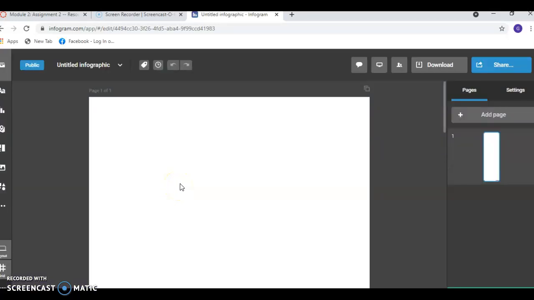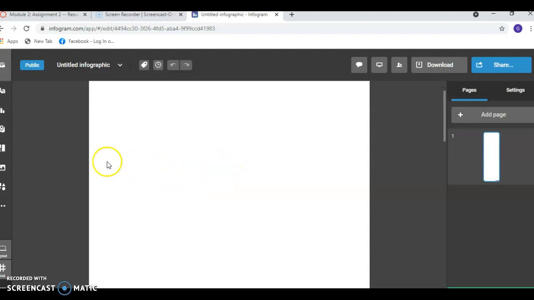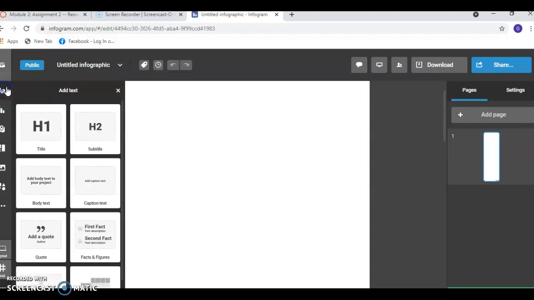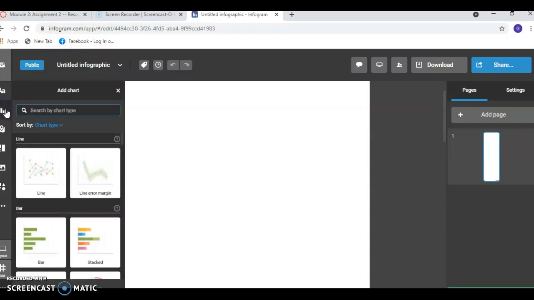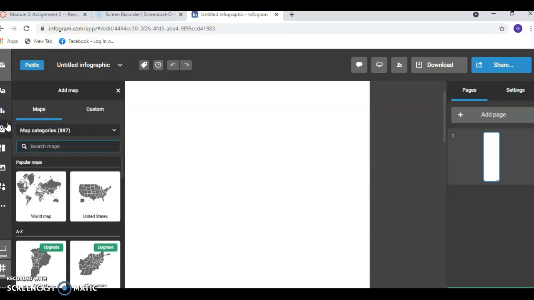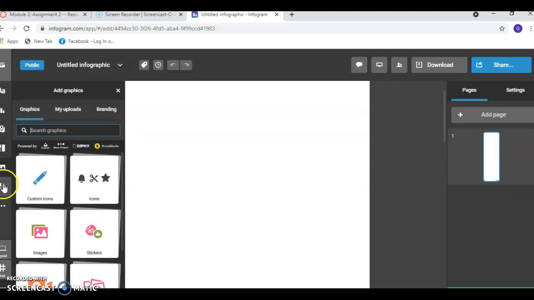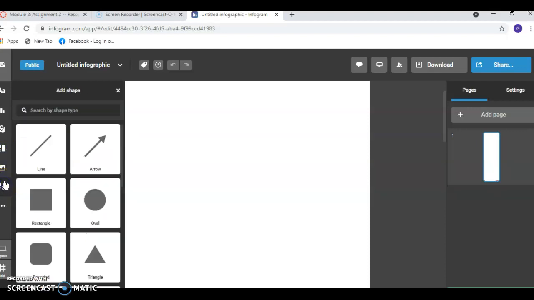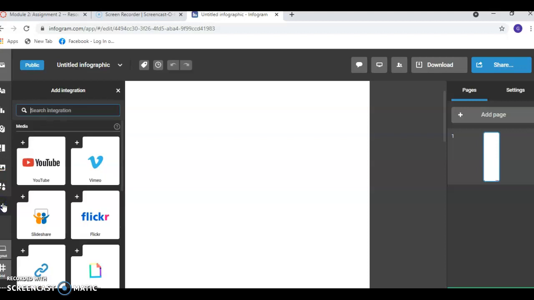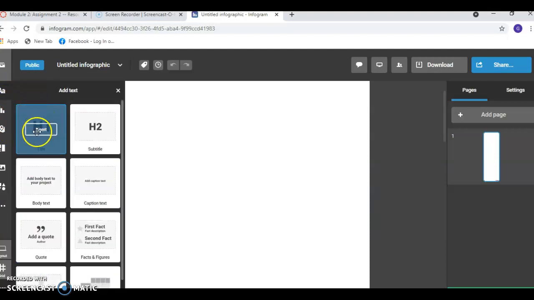Once in the editor, you can add objects from the toolbar on the left right here. You can add text objects, different charts, maps, different pre-made elements, graphics, including GIFs and icons, all sorts of shapes, as well as several media integrations. To choose an object that you want to add, you can simply click Insert or just drag it onto your